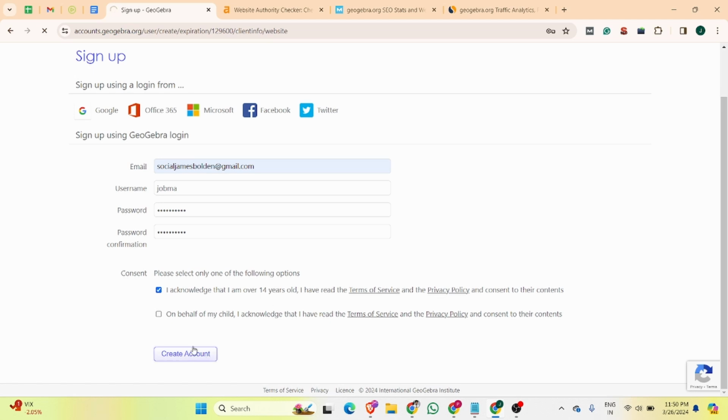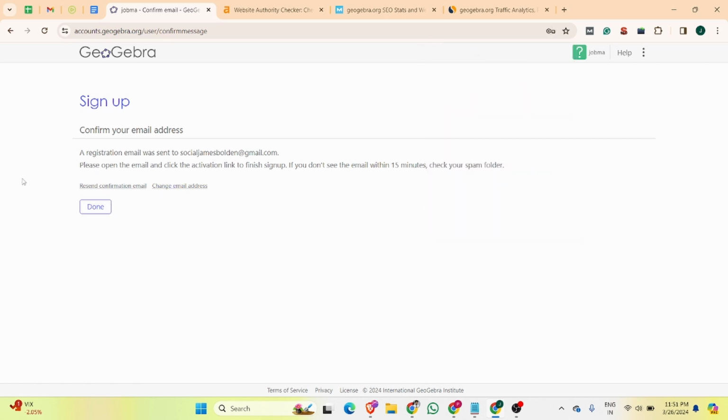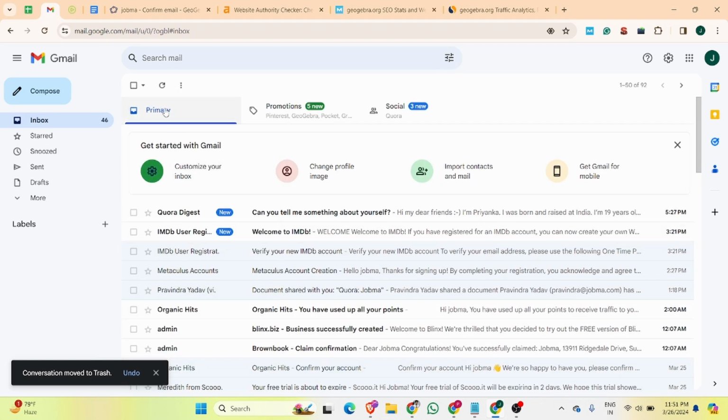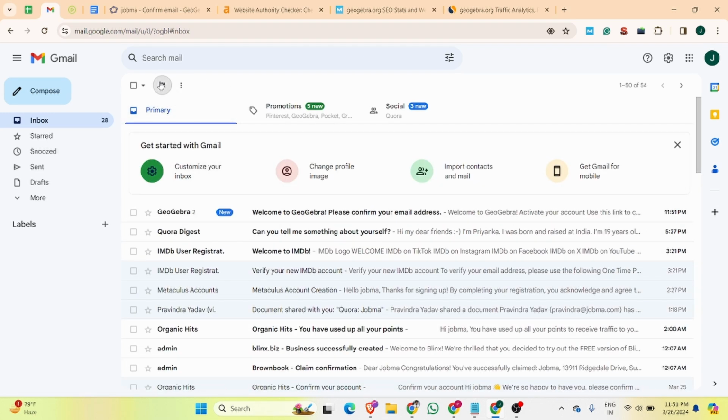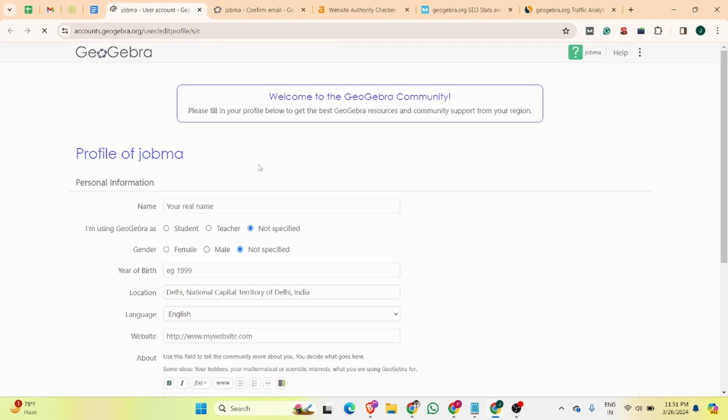Then after that you can click the create account button, and once you create it, this website will send you a verification email. So you must verify your profile. Yeah, so we received a verification email, so there you can click. So you can see the profile is verified, so there you can add your company name,